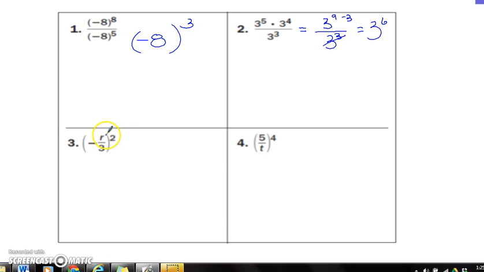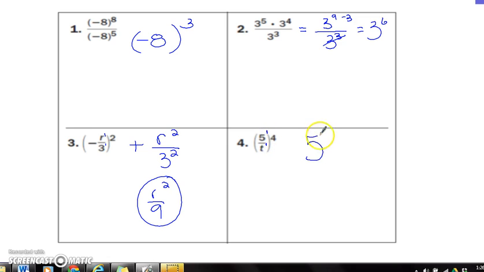Okay. What about number 3? All right, so I love that you put the ones in here, but any negative to an even power is always going to be positive. Positive r to the second, 3 to the second, or positive r squared over 9. And last but not least, number 4, they both have these hidden ones. So you're going to get 5 to the 4th